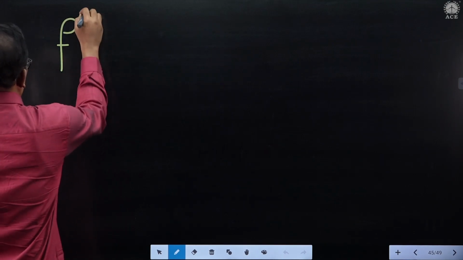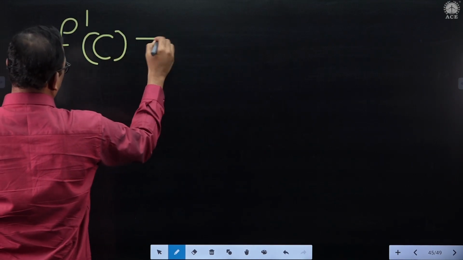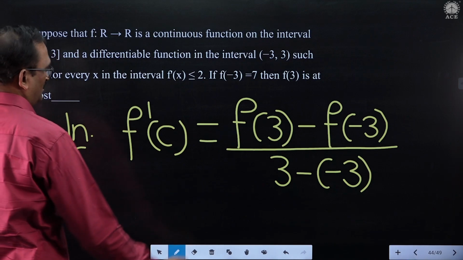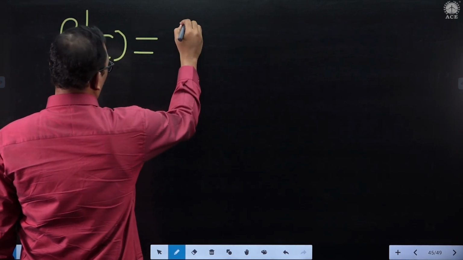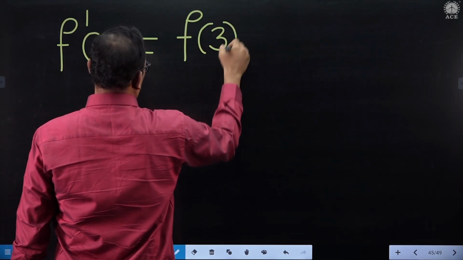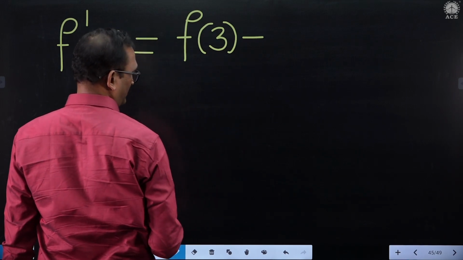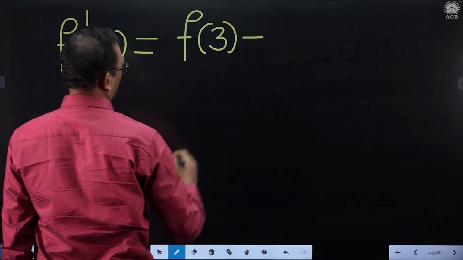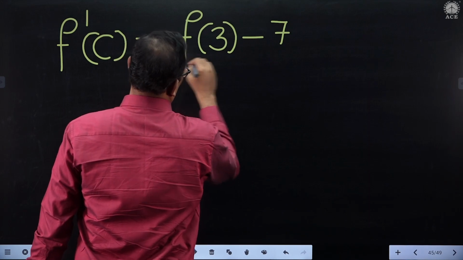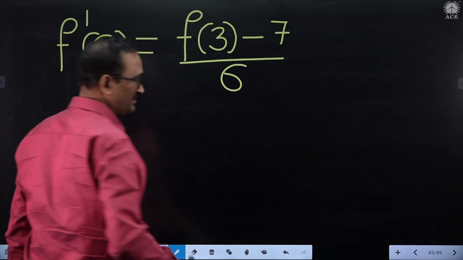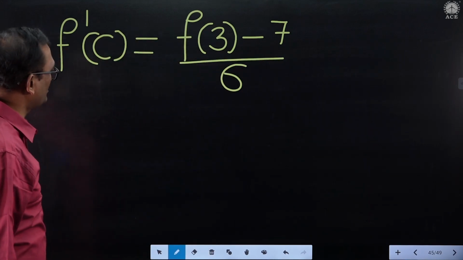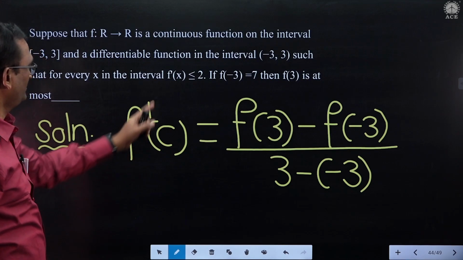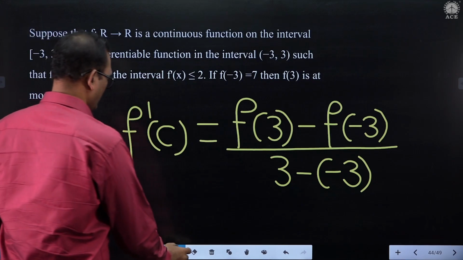F dash of c is equal to f of 3, don't know, minus f of -3, 7, by 6. In the statement of the problem it was already given that